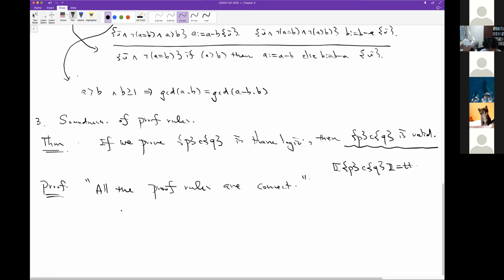What does this mean? This means that if we have a proof like V1, V2, up to Vn, where each Vi can be a quadruple or an implication between two assertions and so on, and then we have a conclusion V,